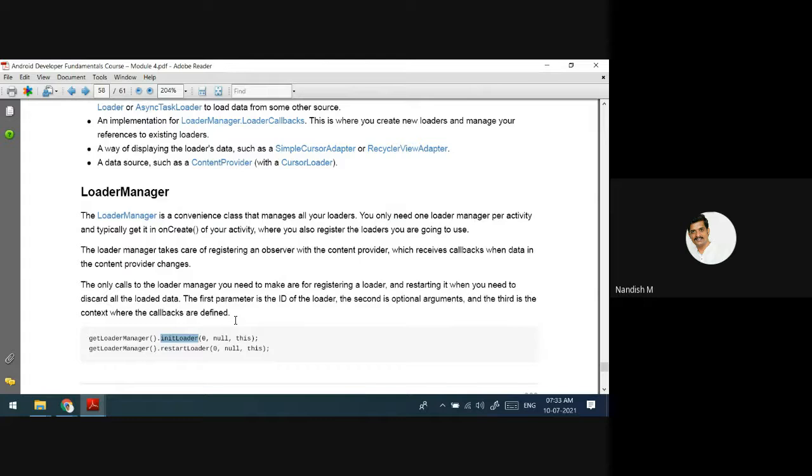Actually, there is some work going on in the background. We cannot directly open the app and show it. We can give this much information; whenever you develop an app, only then will you understand in detail. As of now, what I say is that the loader manager is going to manage all the loaders. Managing means there are so many loader objects, and when a loader object is to be created, which content provider it has to interact with, from where it has to get the data, and which activity the loader classes are related to.